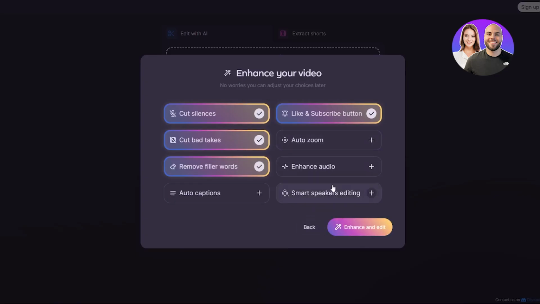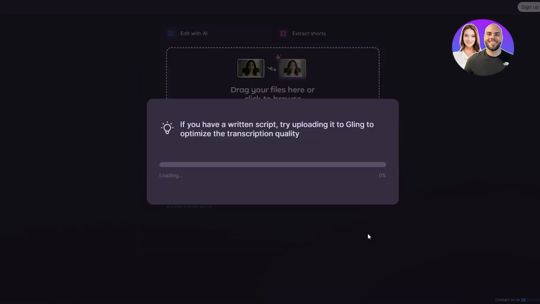And what you can do is have these enhancements added into it. And as you can see, it says, if you have a written script, try uploading it to Gling to optimize the transcription quality. So of course, adding multiple videos is going to make that batch edit easier for you. So just add as many videos as you can, or the amount of videos that are appropriate for your batch. And once you have done that, what Gling does is it automatically goes ahead and starts